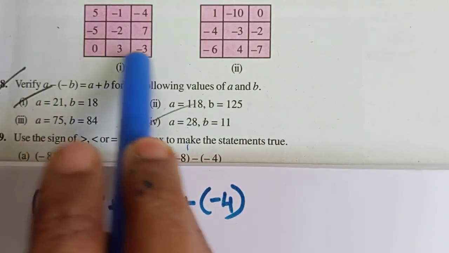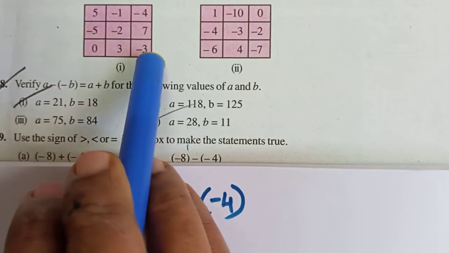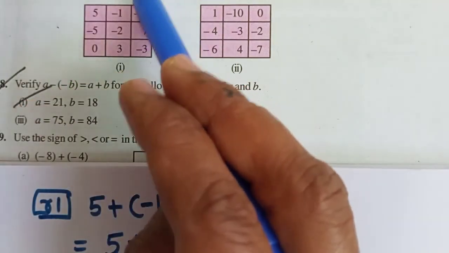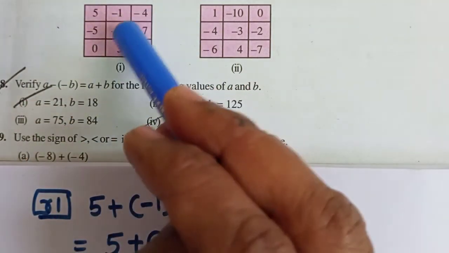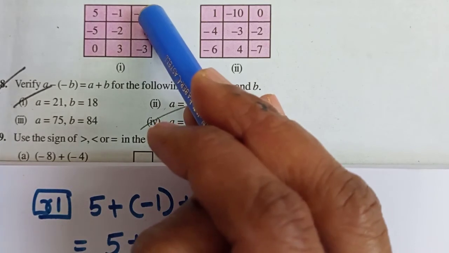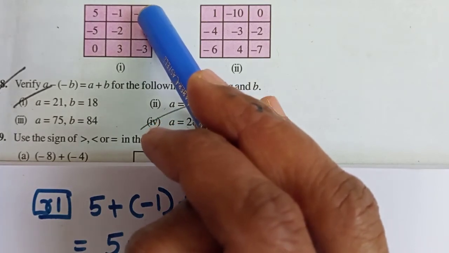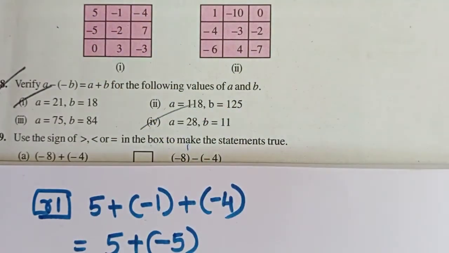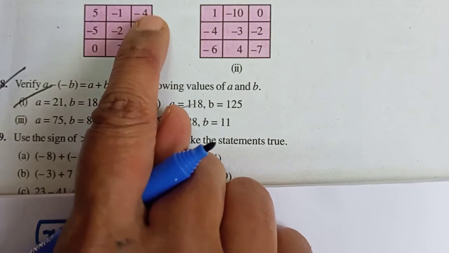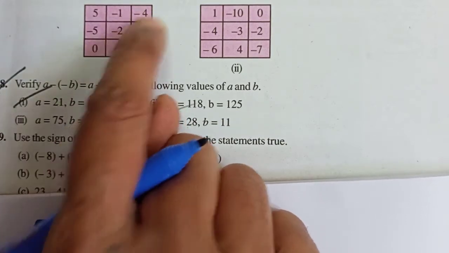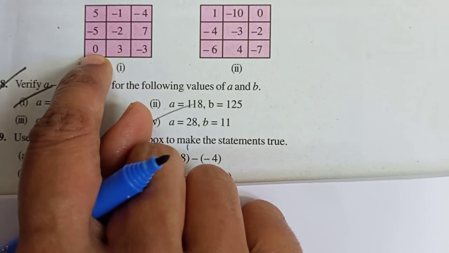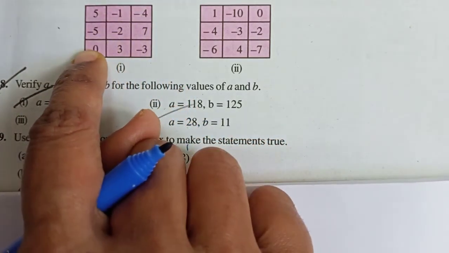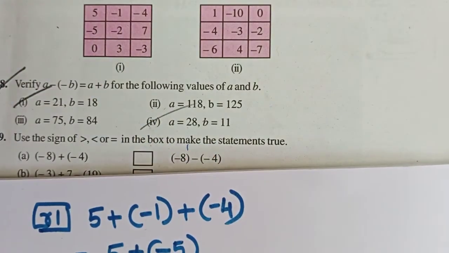5 minus 2 minus 3. Minus 2 plus minus 3 will give you minus 5 plus 5. It is 0. Let us see this diagonal now. 0 minus 2 minus 4. Oh. Here it is not becoming 0. See here. 0 minus 2 minus 4 will become, when we add these two, it will become minus 6 plus 0. That is giving you minus 6.